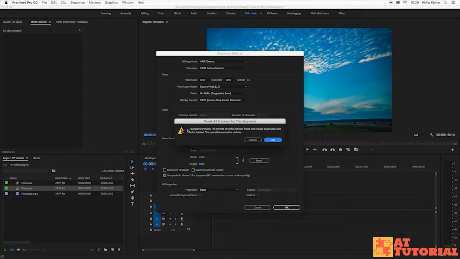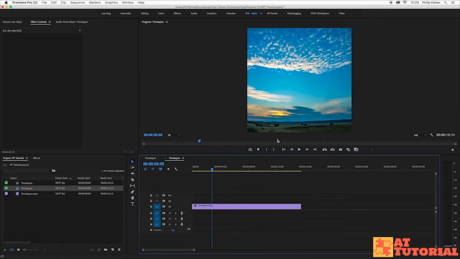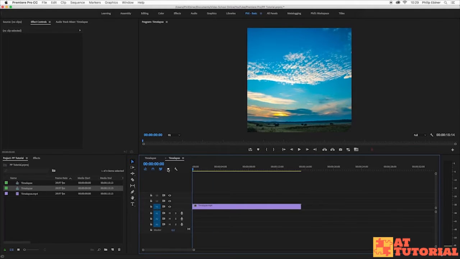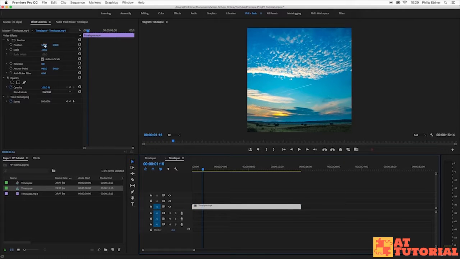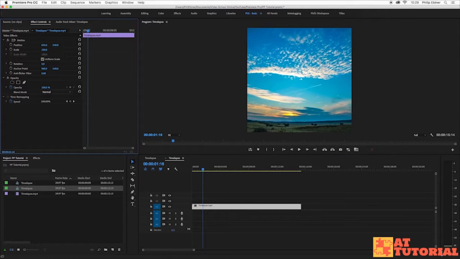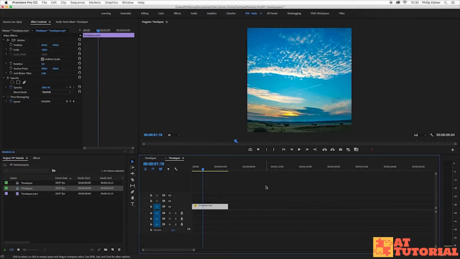It's going to tell you that your preview files are going to be deleted, which is totally fine. It's just going to have to re-render everything. And so now we have this square video. So here we can go in and we can move our videos around, resize, add titles and text, just like any other video. And then once you are done, so let's just make this a little bit shorter,